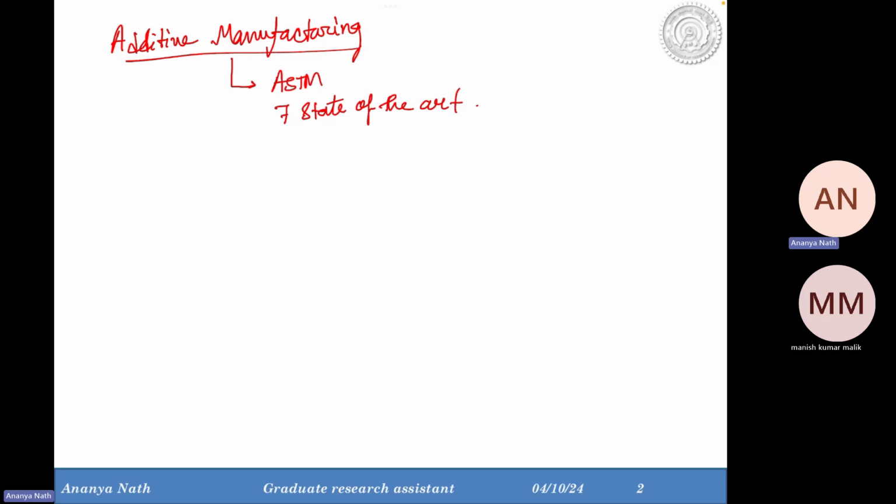Then we got to know about powder bed fusion. Today we will be talking about powder bed fusion, and in the last class we talked about DED, like wire DED and powder DED. In case of wire DED, the wire is coming from the spool. Material extrusion is another process of additive manufacturing that uses wire as a raw material, and it uses both metal and polymer.